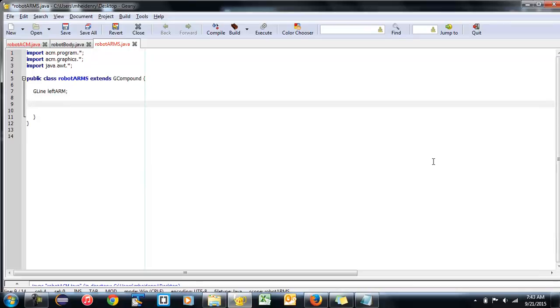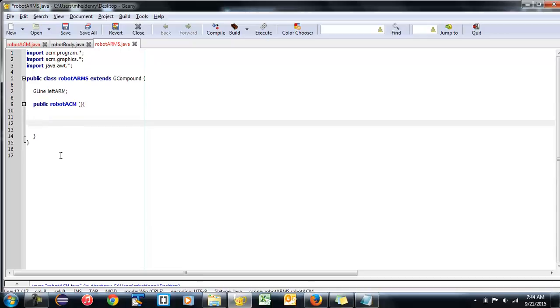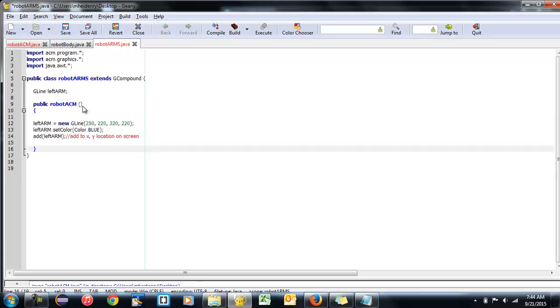The next thing I'm going to make is a constructor, and you'll learn more about that later, but a constructor is kind of the default values for when you create an object. It's something that runs automatically, and if you don't define one, a blank one is created automatically as well. What's unique about it is that it has the exact same name as the class file. So it might look something like this. So when RobotArms runs,